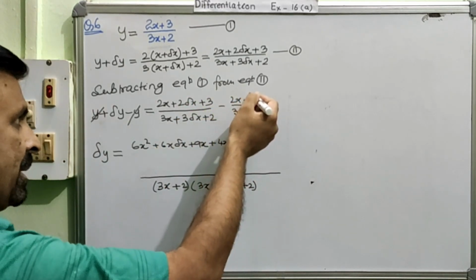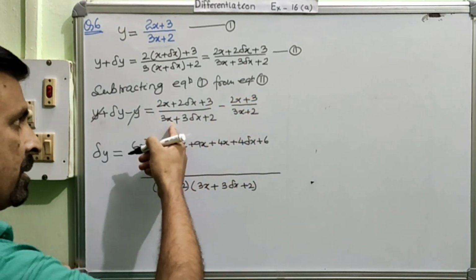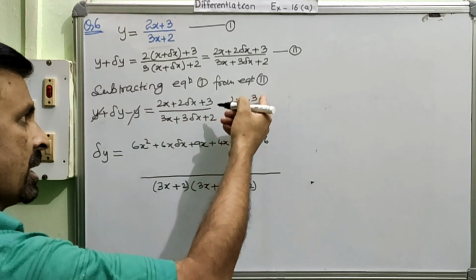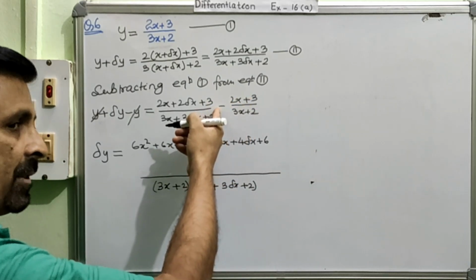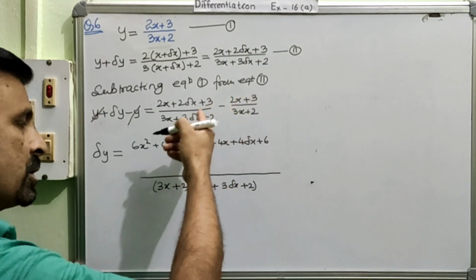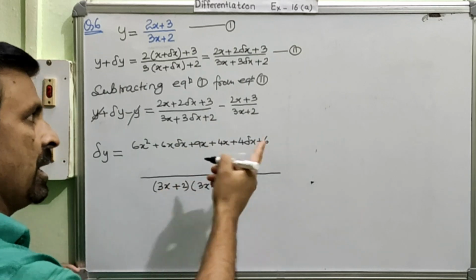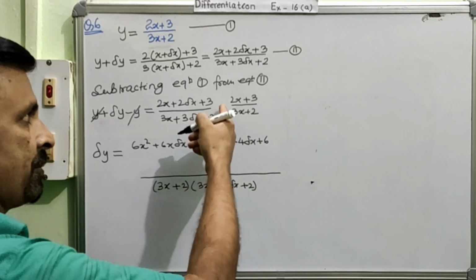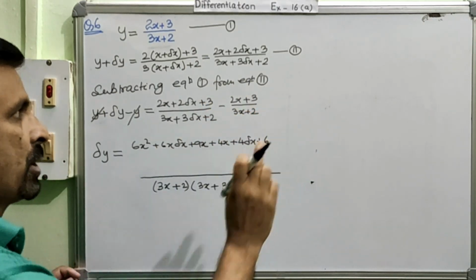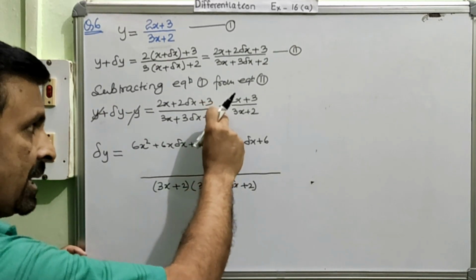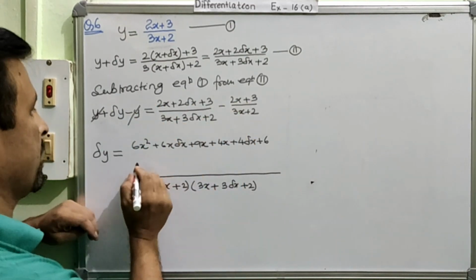Now, next numerator we can get by multiplying these two. Right? So, we are going to multiply these two. And please be very mindful that all the terms here are positive. These also all the terms are positive, but after multiplying, you see that there is a minus sign before that. That means when you multiply these two and get the numerator, the sign of all the terms will change. Actually, if this was positive, then each and every term would have been positive. Clear? But because of this minus sign, each and every term will become negative. So keeping that in mind, I am writing all the terms now.